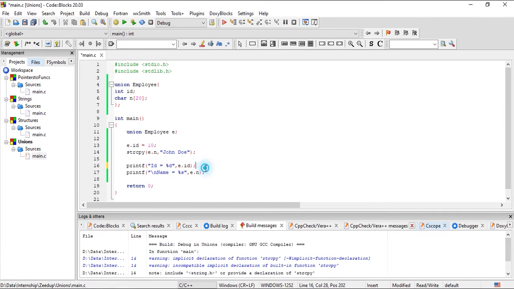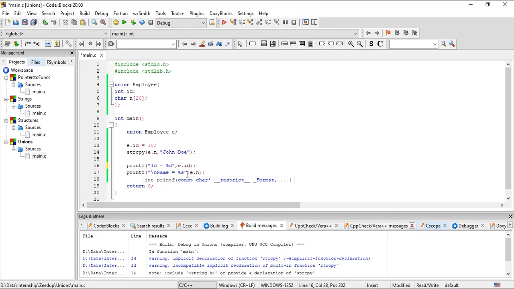Okay, now when we try to access these 4 bytes using e.id, there was nothing as 10 over there, but there were some character values. That is why C provided us with some garbage values, because it could not recognize those characters as integers, as we provided a placeholder. And then when we access it with the help of the string, that is %s, we were able to get the correct output. So that is a drawback in union, or basically it is not a drawback, it is a trick on how you can actually use the variables, or how you can get the values of the variables declared inside a union.